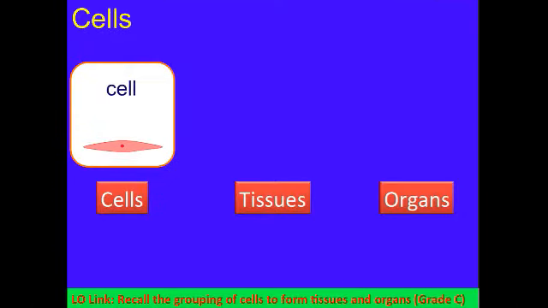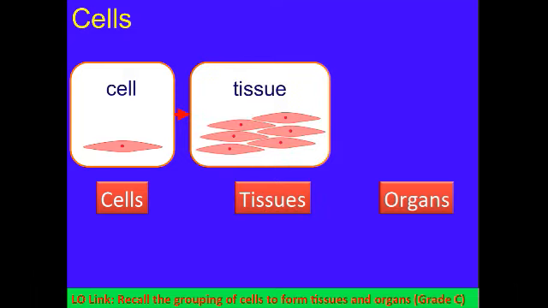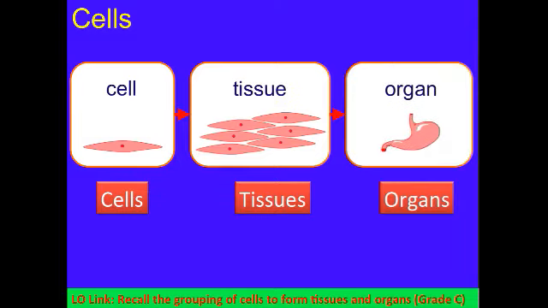Okay, so first of all, a little bit of revision from Key Stage 3. We should know that we have all cells making up our body. We've got our cell membrane, we've got the cytoplasm, and the nucleus. Now, a group of the same cells working together is referred to as a tissue, and we can see that all those cells are the same. Now, a group of tissues working together to form a similar function is called an organ, and the organ then